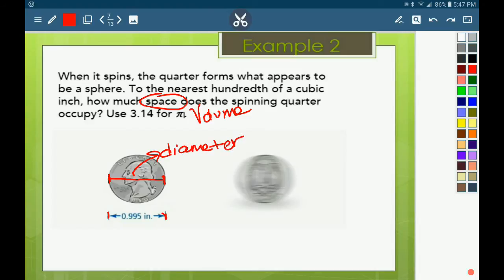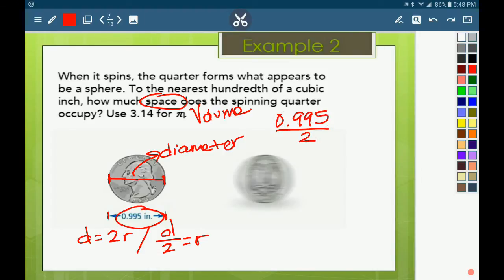The relationship between a diameter and a radius is diameter equals 2 radii, or diameter divided by 2 is equal to radius. So I'm going to take that 0.995 and divide it by 2, and that's going to be our radius,